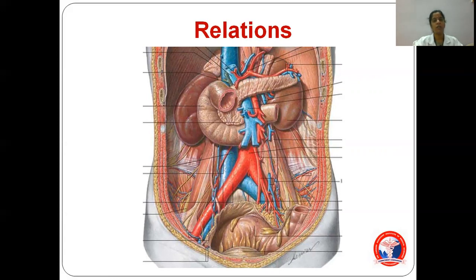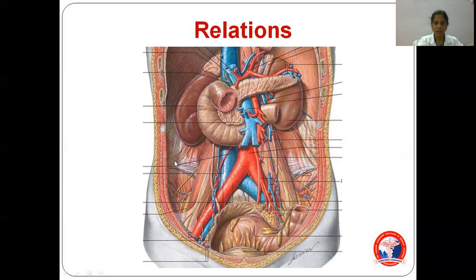So now you know the kidney lies in the posterior abdominal wall. In the posterior abdominal wall we have the muscles. You know the names of the muscles. Posterior abdominal wall, it's already taken. No? So in the posterior abdominal wall, you already know we have the diaphragm. Then we have the muscles from medial to lateral: psoas major, quadratus lumborum, transversus abdominis. So these muscles are there.